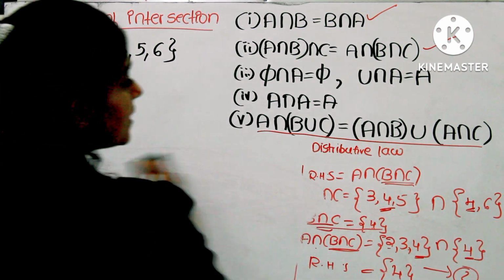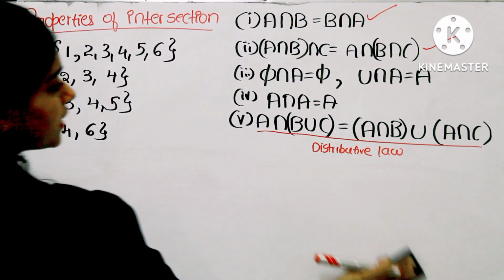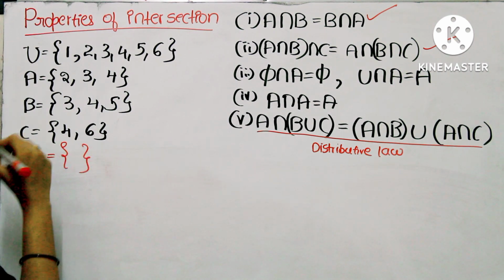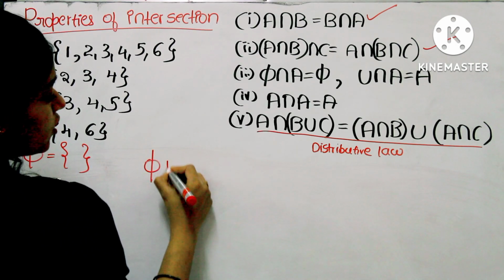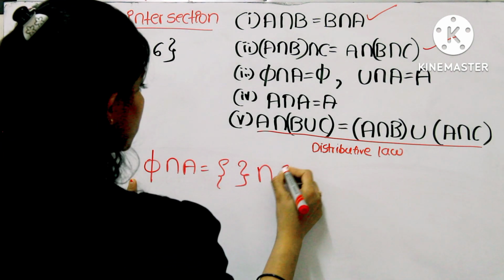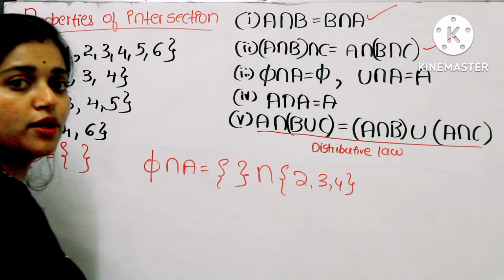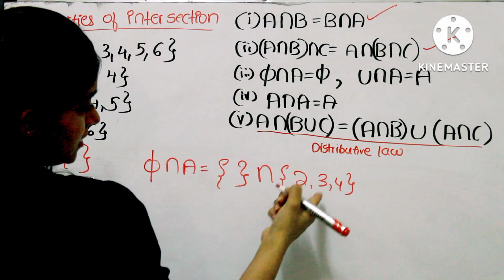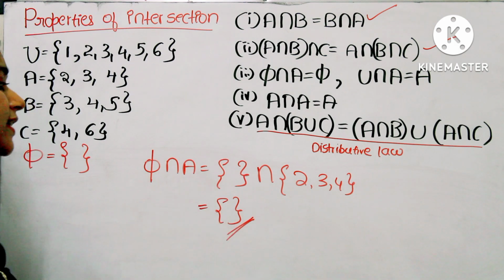So again, the associative property also holds. Next one is the null set, or it is called the empty set. Empty set intersection A, you get the empty set. What is the null or empty set? It is the set in which there is no element. So if you do the intersection of the null set and A, what do you get? What is in the empty set? There is no element. Intersection A, what is A? 2, 3, 4. So what is the common term in the empty set and {2, 3, 4}? There is no common term between the empty set and this set. Therefore we have to write the empty set as it is. If there is no element, then you have to write the empty set.